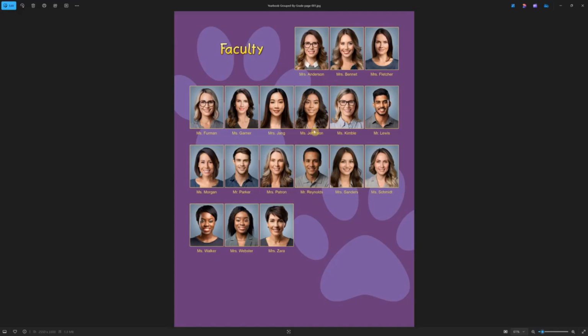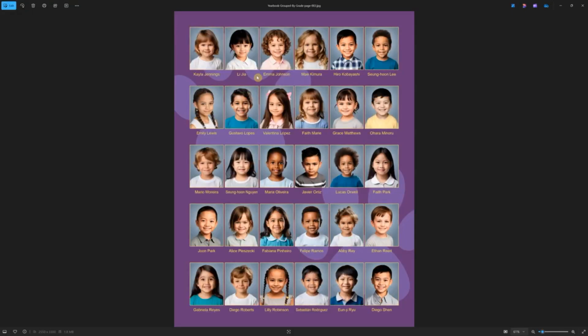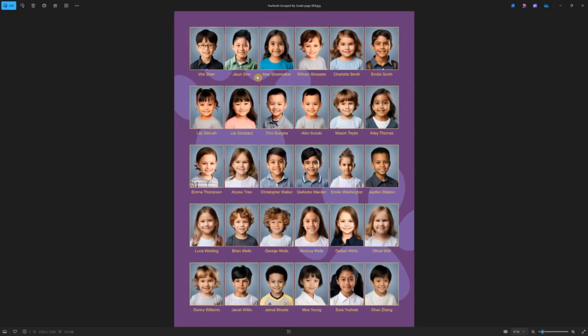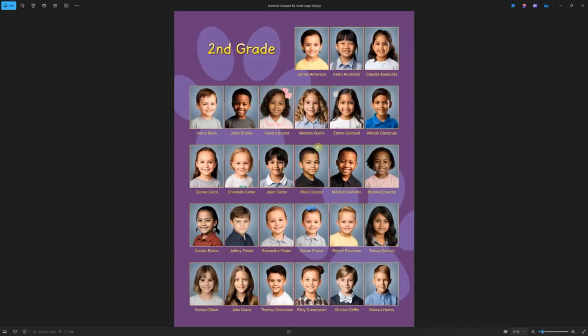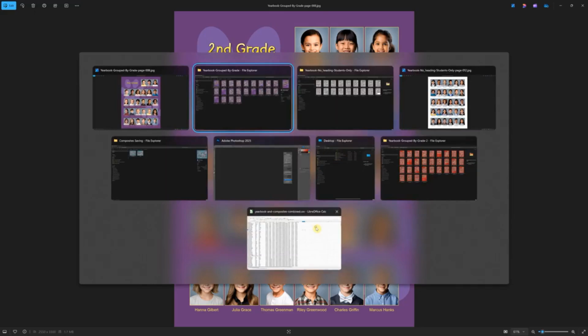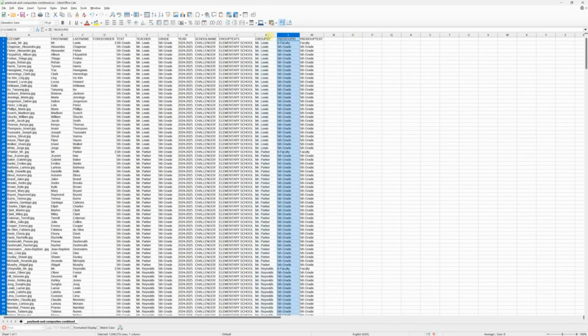You can see you've got all the faculty grouped here. You can see it's not filling this page because when it comes to the end of the group, it'll start a new page. So you can see we've got this page for kindergarten. And then as we scan through the pages, once it gets to first grade, it starts a new group. And whenever it gets to the end of a group, it doesn't finish that page. It starts a new page for the next group. And that's an option that you can do. And that's basically set up by how you're setting up your CSV file with your group ID column,